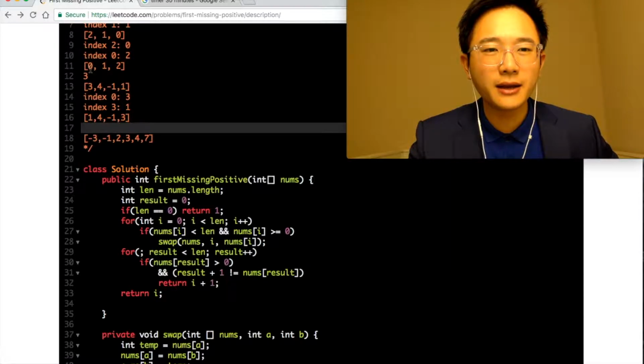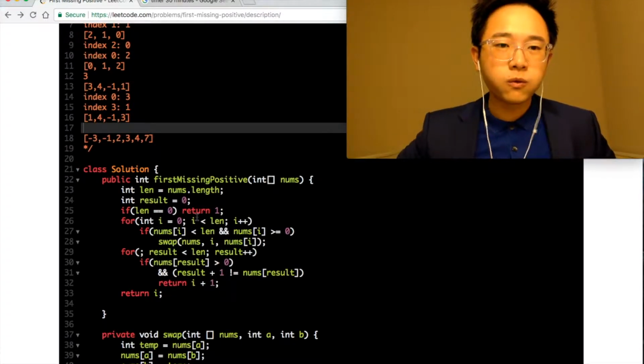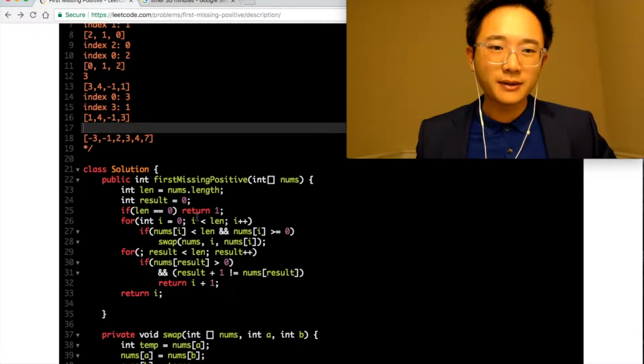How do I accommodate the difference between 0 and 1? So if it wasn't the first positive,